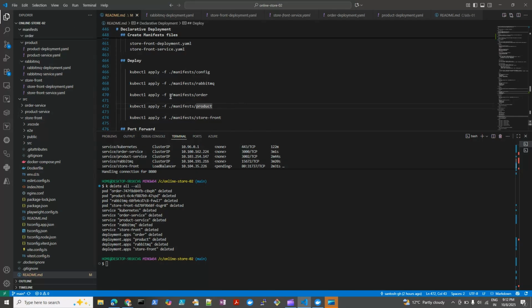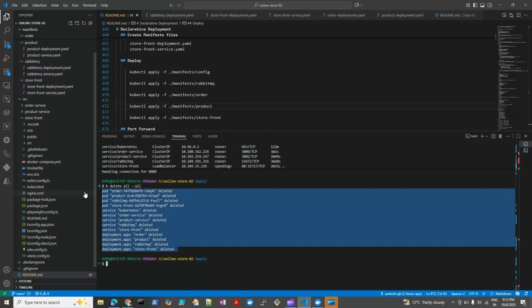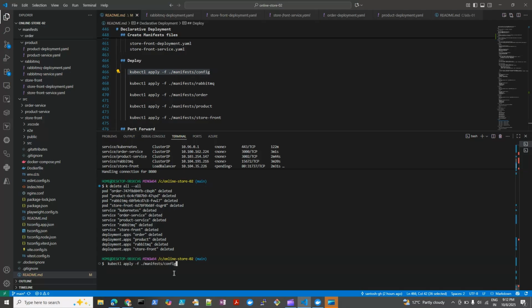Okay, so now you can see everything got deleted. Now let me create this one. I think it is still available. Let me just try it. It's unchanged because it is already there. Okay, I have not deleted it. Now create the